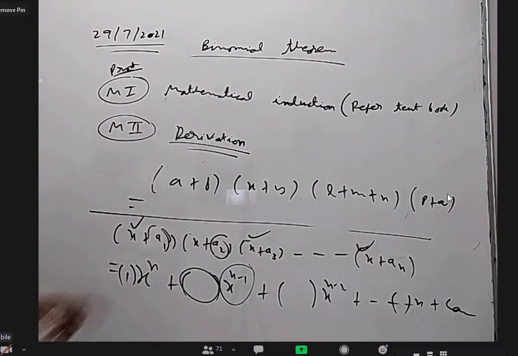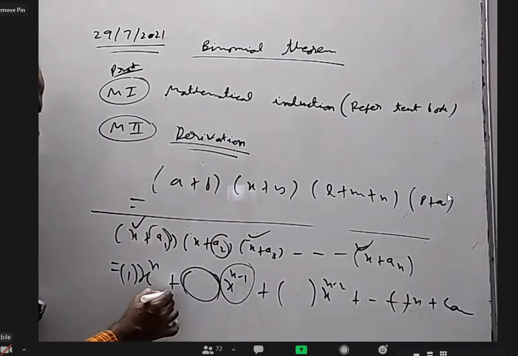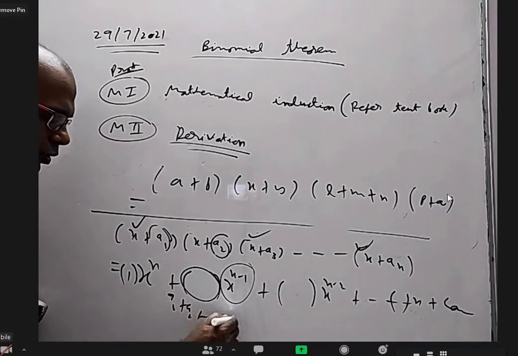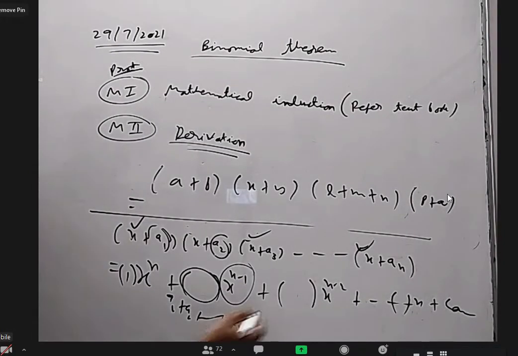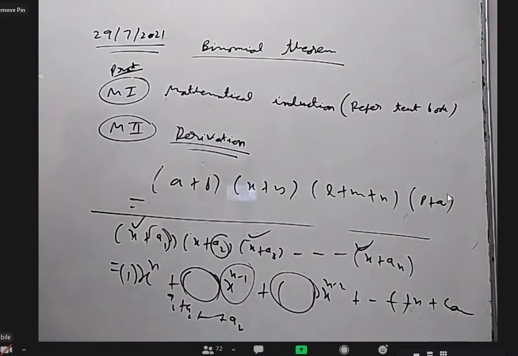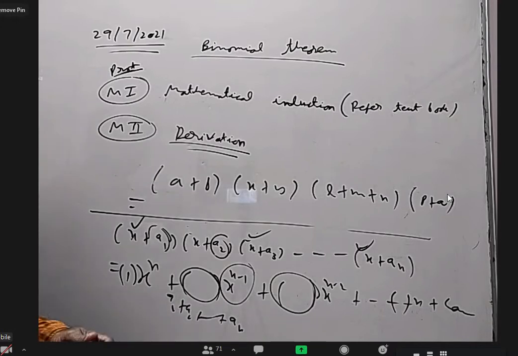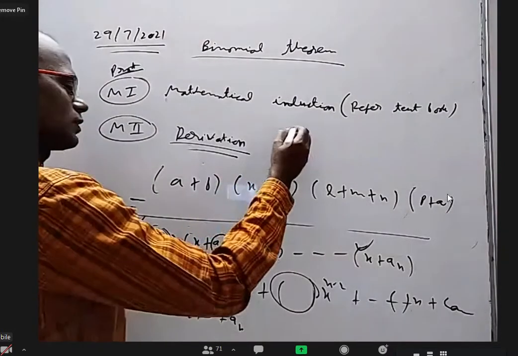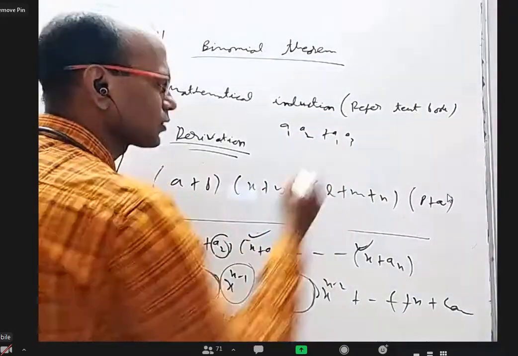x power n minus 1 is one time this constant, one time this constant, one time this, one time this. It is nothing but a1 plus a2 so on up to an. Am I right? Yes, sir. What about x power n minus 2, what is the coefficient? A1 A2 plus A2 A3 plus A3 A4 plus so on, A(n-1) into An. No, it's partly correct. A1 A2 will come, even A1 A3 also can come.